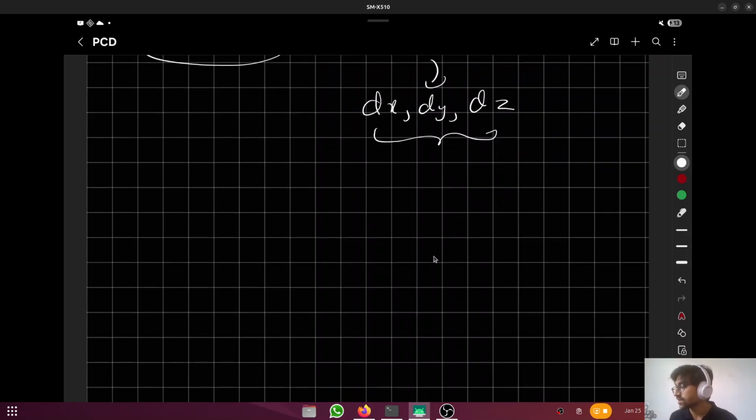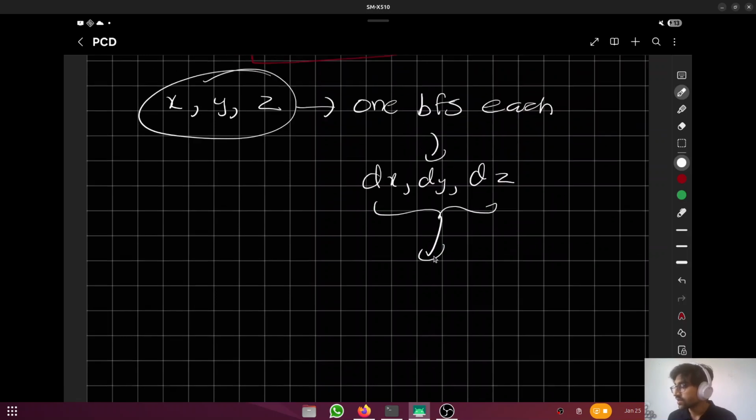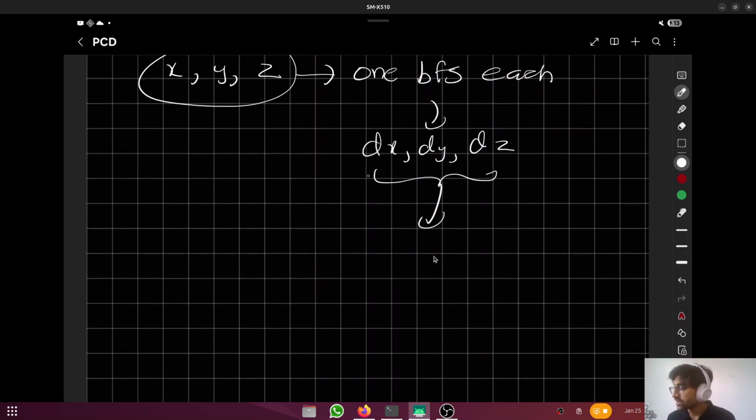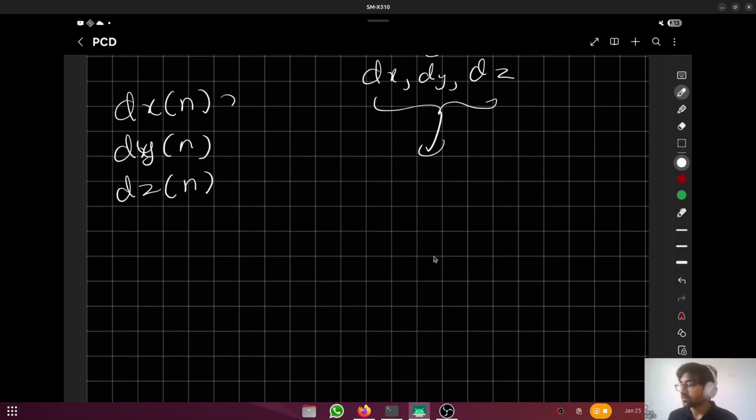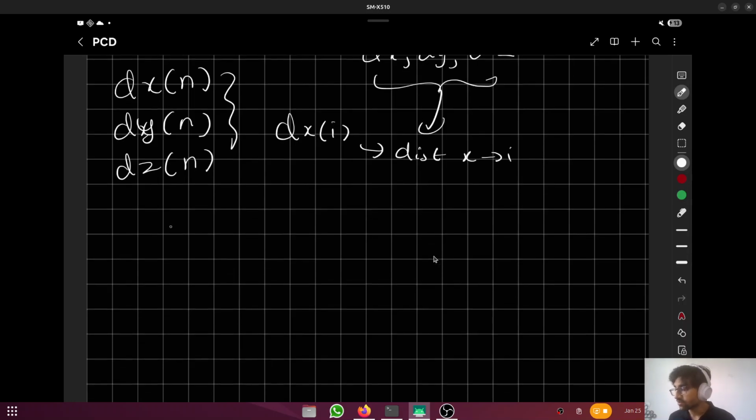After calculating these three, it's best if I maintain a vector of dx of size n, dy of size n, and dz of size n, where dx of i denotes the distance from x to i. And after that, what we have to check for every i is the